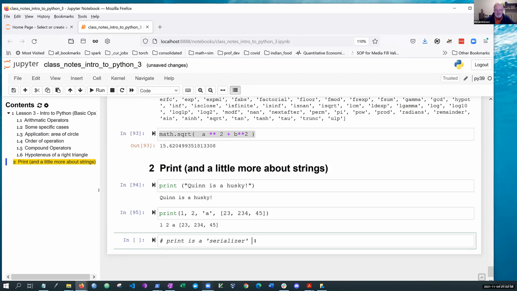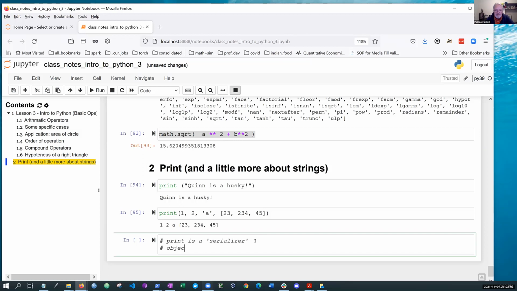you have to take an object of some kind, and that could be a number, a list, or whatever, and you have to turn it into something that is network friendly. Okay, that means you can push it as a stream of information across a computer network of some kind. So by default,